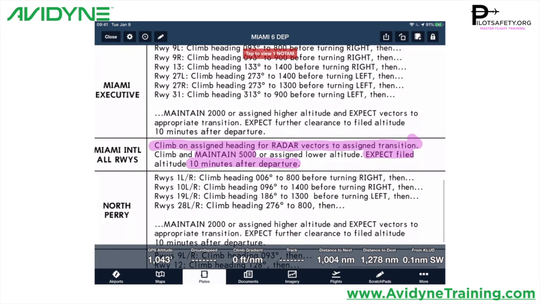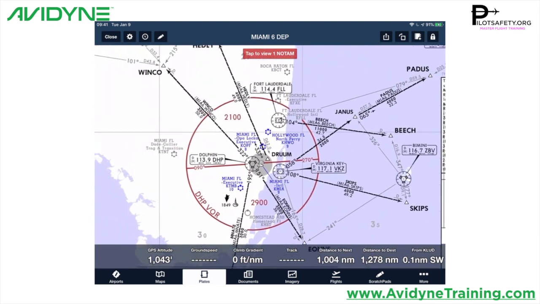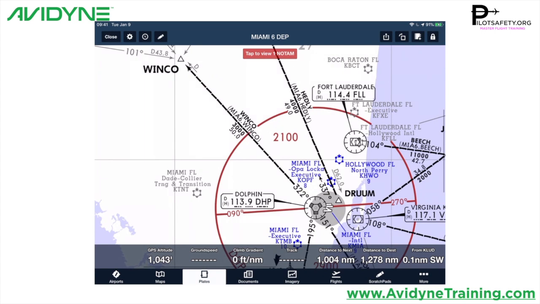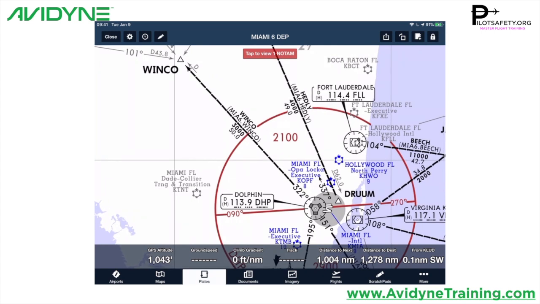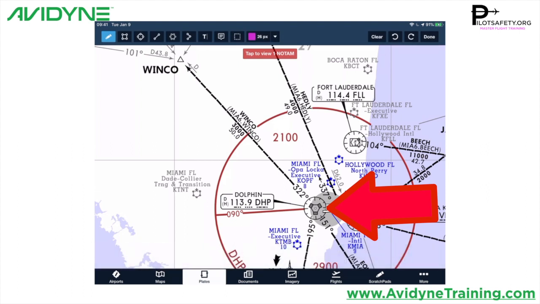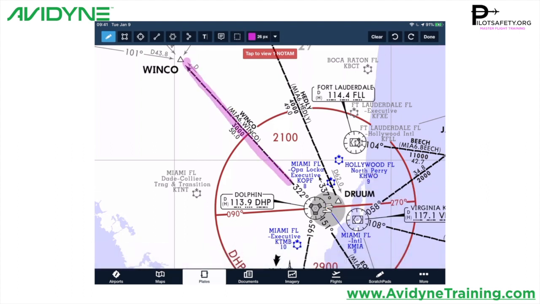So Miami International departures, all runways, you're going to climb on an assigned heading for radar vectors to assigned transition. You're going to climb 5,000 and expect filed altitude in 10 minutes. If we look at this, the transition we've picked is the Winco transition. Now, this is where we have to be very clear. Our instructions are not to go to the Dolphin VOR, but merely to accept a radar vector to intercept the